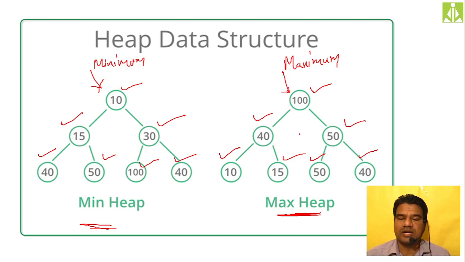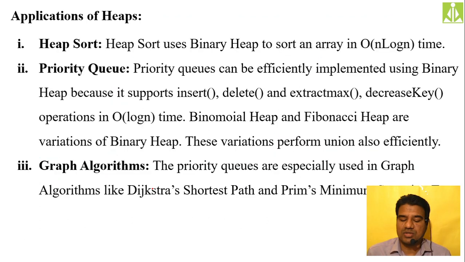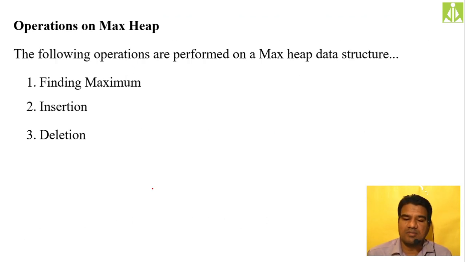In case of max heap, you will find the maximum value simply by visiting the root node. In case of minimum heap, you will find the minimum value simply by visiting the root node, that's enough. Because in both cases, either the maximum or the minimum value, the root node will have it. So that is about finding maximum, and finding minimum also we discussed.